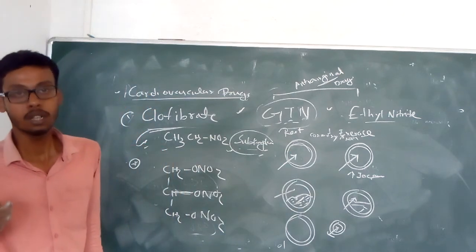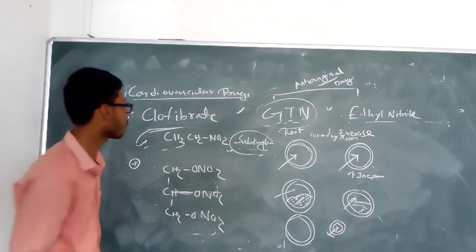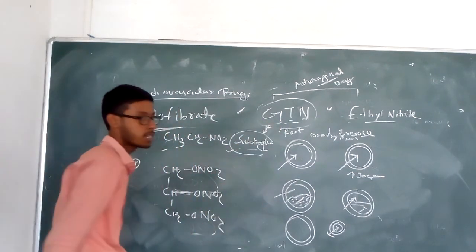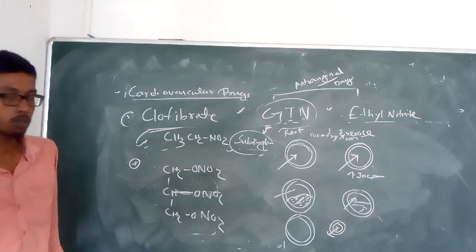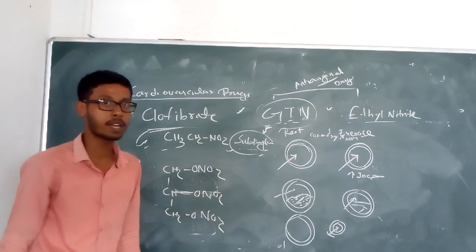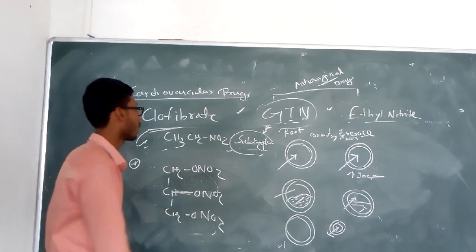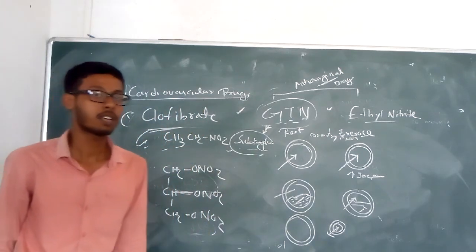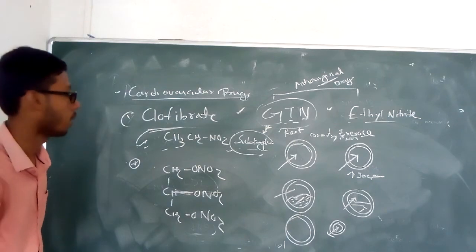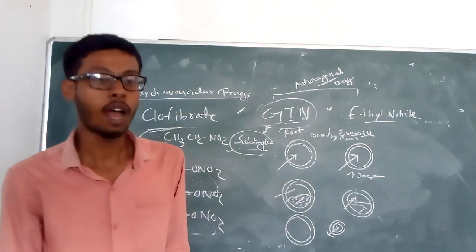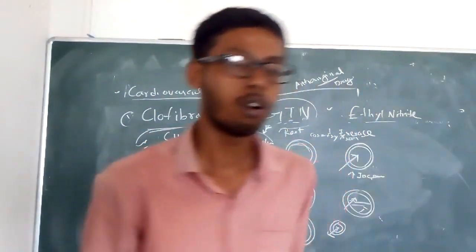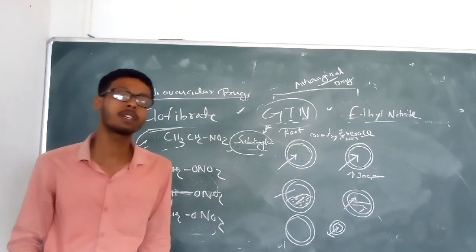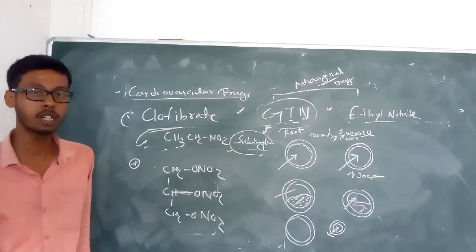Okay, so sublingual route, and another one is tablet may be crushed and spread out in the buccal, so it may be taken in the buccal route, but most probably it is taken in the serious condition as a sublingual route. Another, isosorbide nitrate, also it is taken, another example which is not covered in the syllabus, taken in the sublingual route. So in this lecture today I covered the antihypertensive drugs, the classification of the antihypertensive drugs, also described